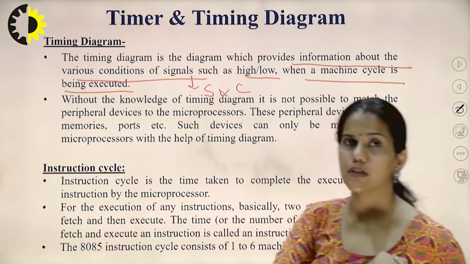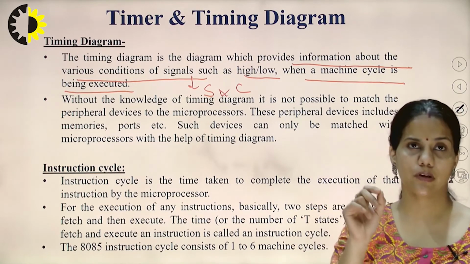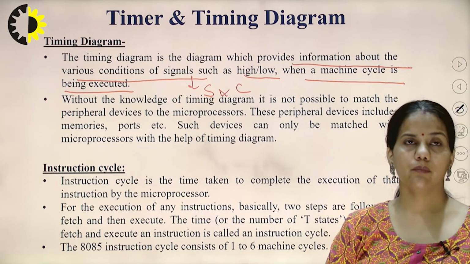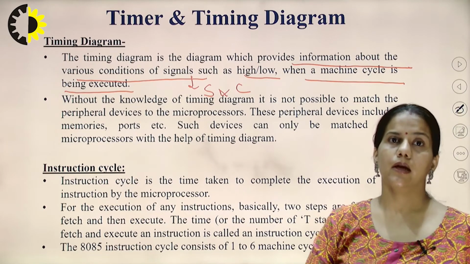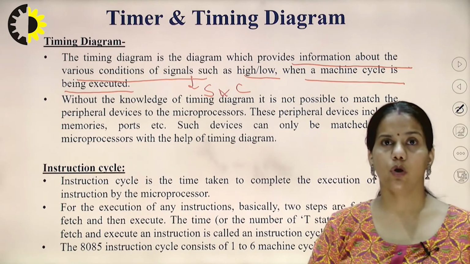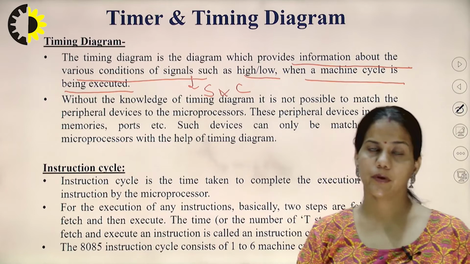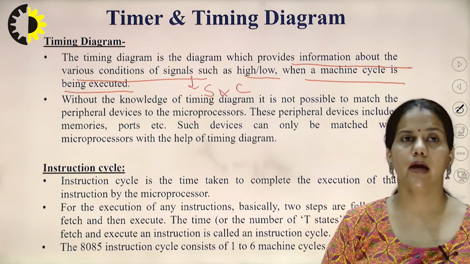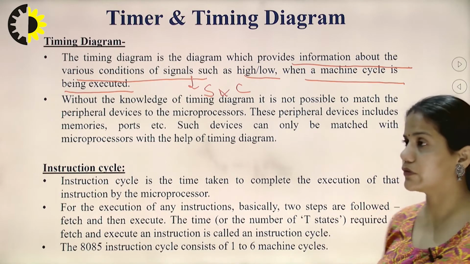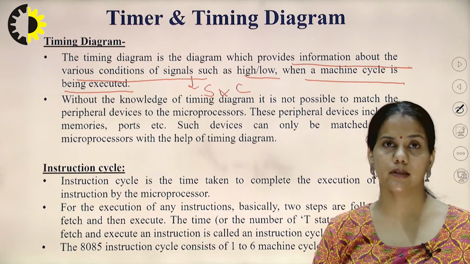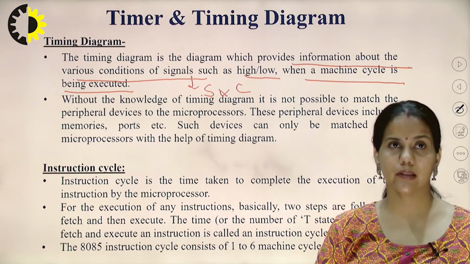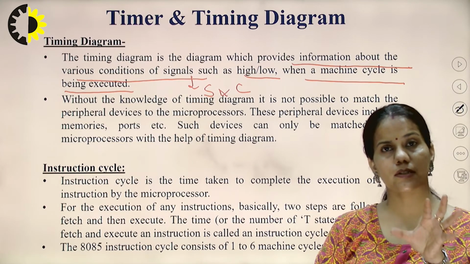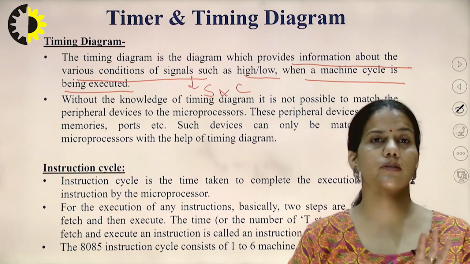So when we talk about the machine cycles during the execution of any instruction, the basic machine cycles which are available are: first is opcode fetch, memory read, memory write, input output read, input output write, halt, or interrupt acknowledgement. So these basic machine cycles are available in any of the instructions, and during these machine cycles, the various control and status signals change their values, like they can go from high to low or from low to high. And so the representation of such status and control signals during the execution of the instructions is known as